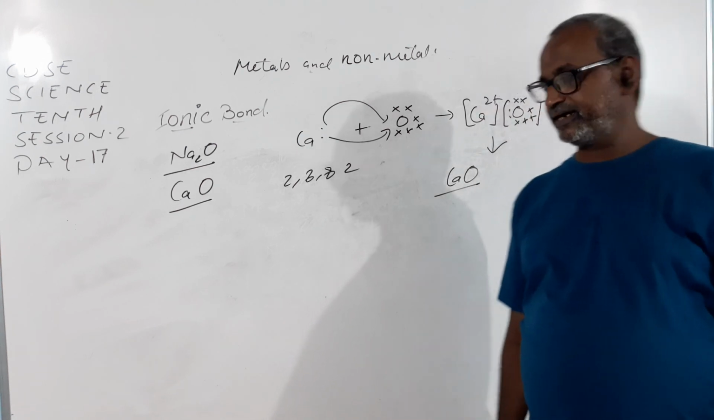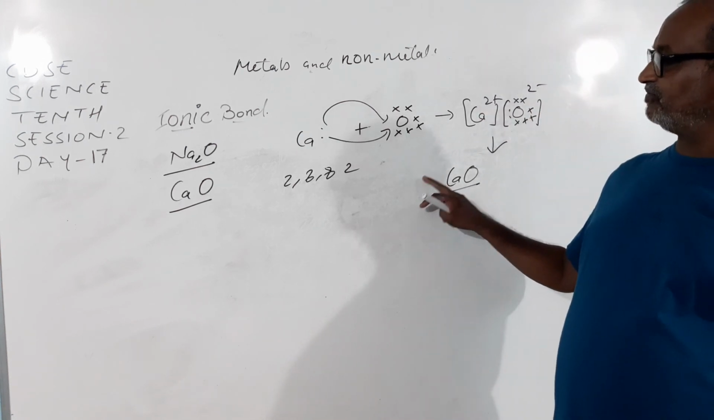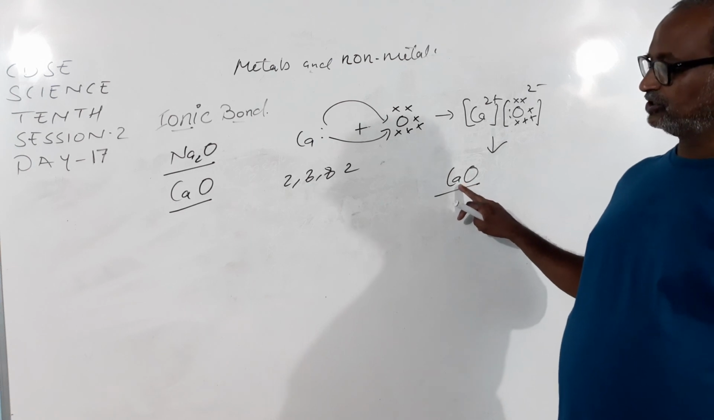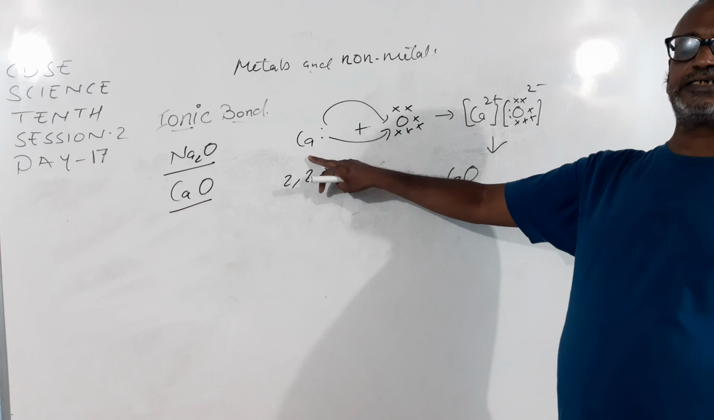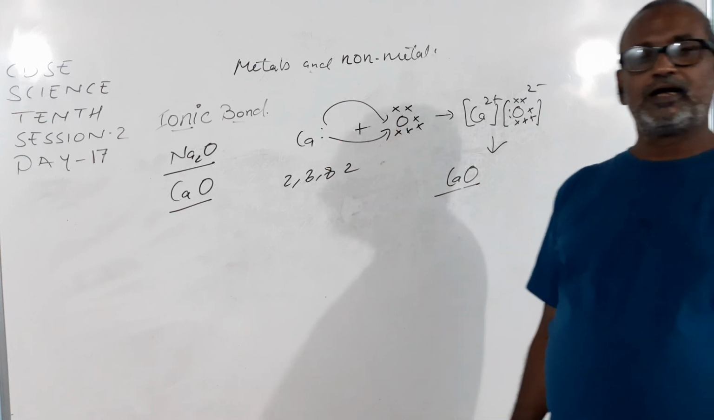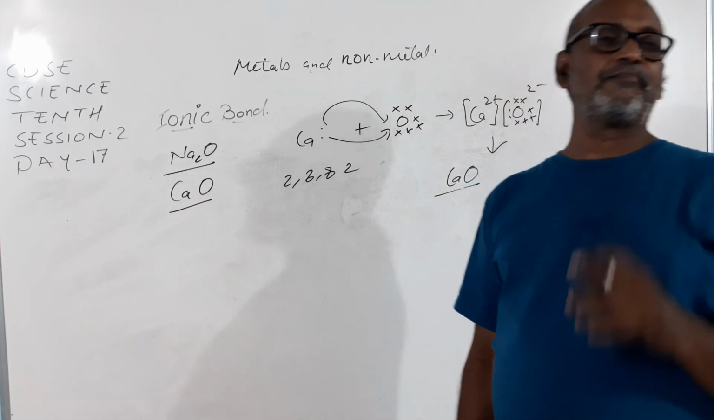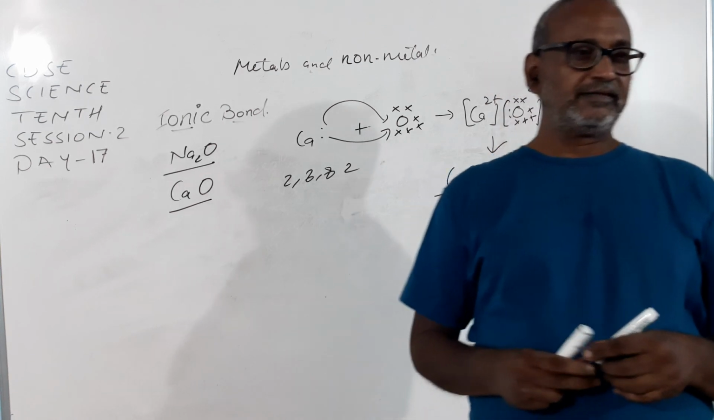So what you see here is that a chemical bond which is formed between 2 atoms as a result of the transfer of electrons from one atom to another atom is called an ionic bond. That's all for today's